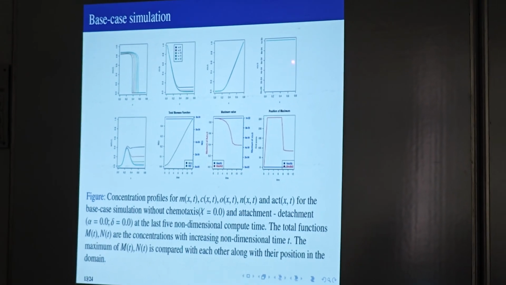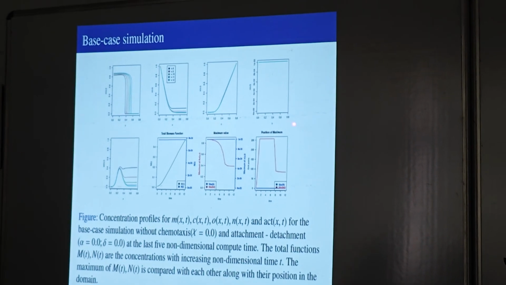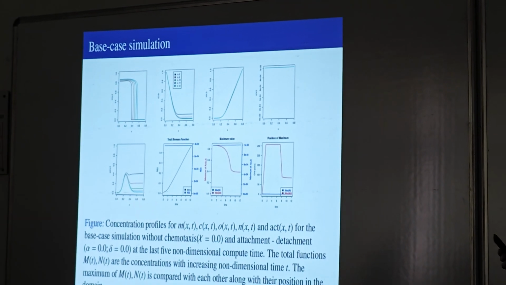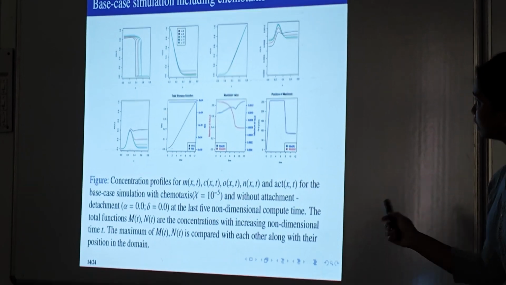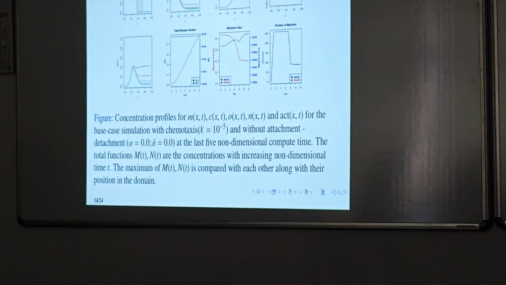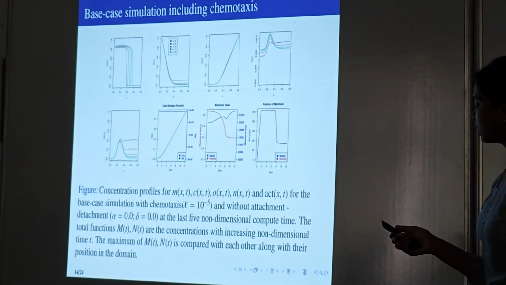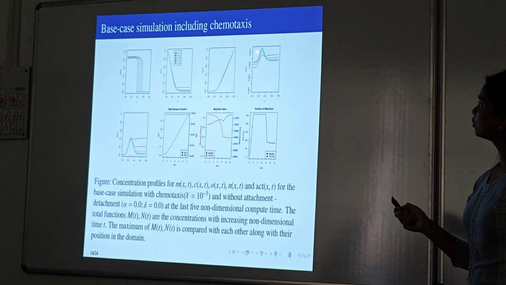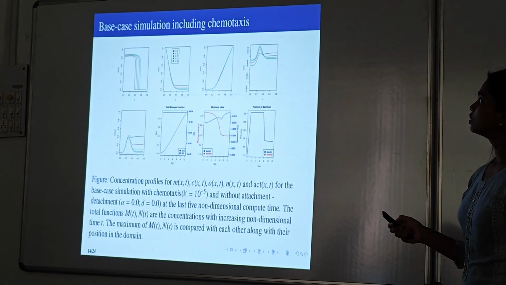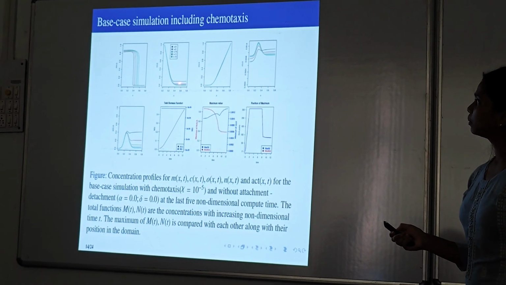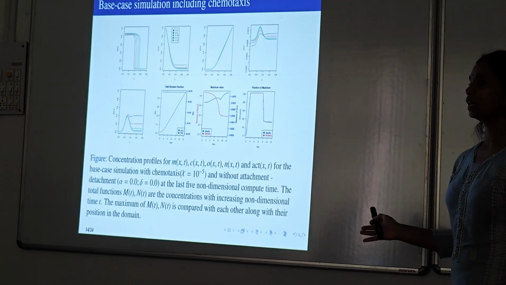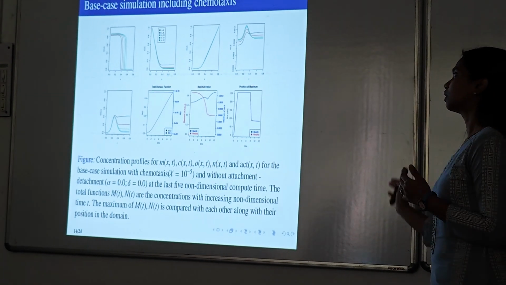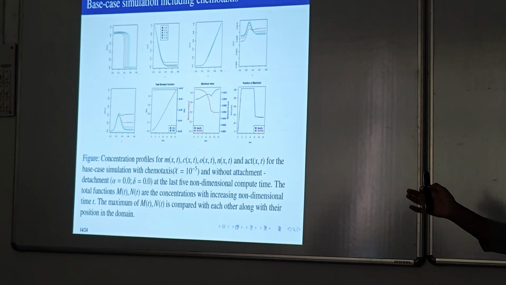Since we don't have any growth of N, the planktonic cells, we don't see any changes here for this case. The difference in this next simulation is that we are introducing chemotaxis now. So because of the chemotaxis, we see this happening. The biofilm, carbon, and oxygen are all similar. It's not the exact same value, but the pattern of these profiles is similar.